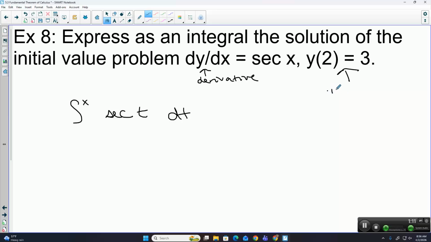It's saying if x equals 2, then y equals 3. Right, so we need to be a little bit strategic about what we're putting here. We want to make our problem as easy as possible. We know if your starting and ending point are the same, so if my x is 2, I don't really want to figure out what secant of 2 is. That's not ideal. But I know if I integrate from 2 to 2,